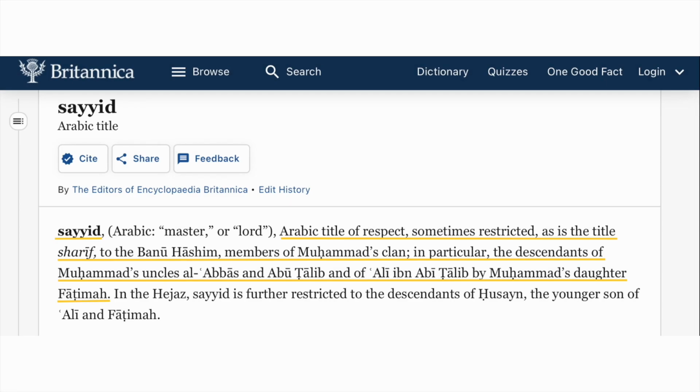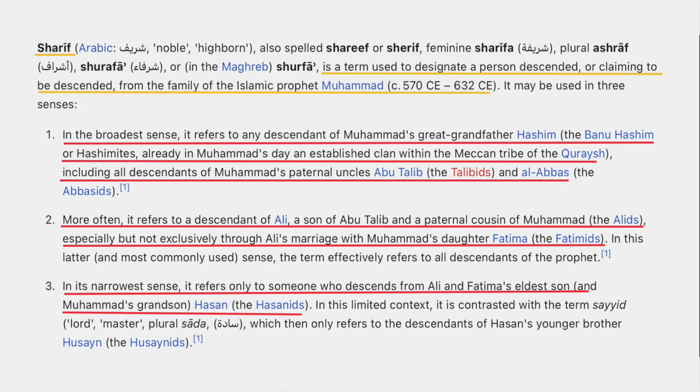And according to Britannica, Said, Arabic title of respect sometimes restricted, as is the title Sharif, to the Banu Hashim, members of Muhammad's clan, in particular the descendants of Muhammad's uncle Al-Abbas and Abu Talib and of Ali ibn Abi Talib. By Muhammad's daughter Fatima in the Hijaz, Said is further restricted to the descendants of Hassan, the younger son of Ali and Fatima. Also, Sharifs were mentioned as having E-M34 and E-M84 in the paper and being related to